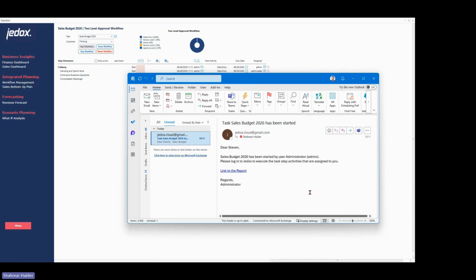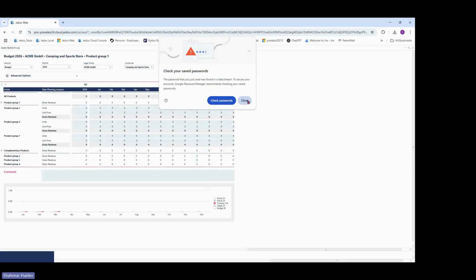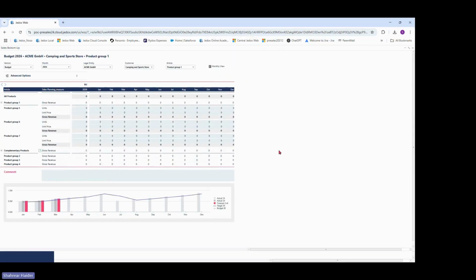And here you see email notifications. These are email notifications that get sent to all those individual planners, all those individual contributors of the budget. In this case, I have Stephen, who is one of the sales planners, and there's a link to a report. When I click on the link, it takes me to Stephen's screen, so I can see Stephen's user and his details. So I can log in as Stephen, and what you see is, first of all, with Stephen,